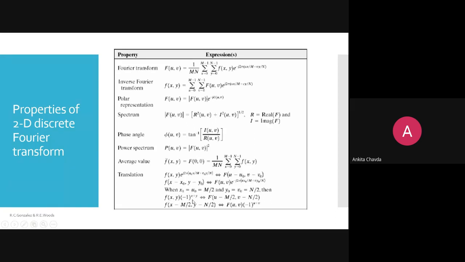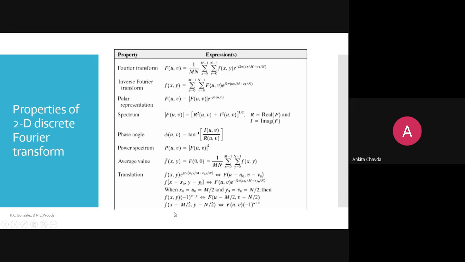Because now your x0, or you can say u0, is at the center, m by 2 and n by 2. So now you can write this f of x, y into minus 1 raised to x plus y as f of u and v. First the function was what? F of u comma v, because it was u minus 0, v minus 0. But now we have shifted it, so now we are writing u minus m by 2, v minus n by 2. Okay. So this is how you are converting your image to the discrete Fourier transform.